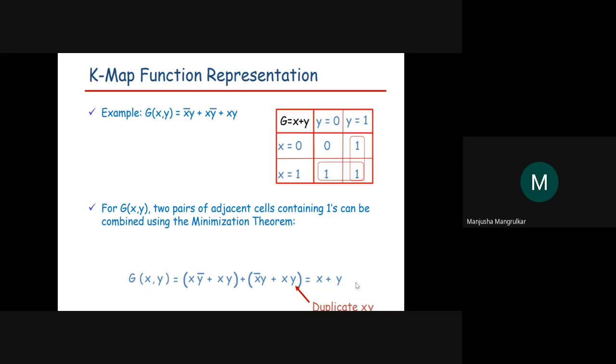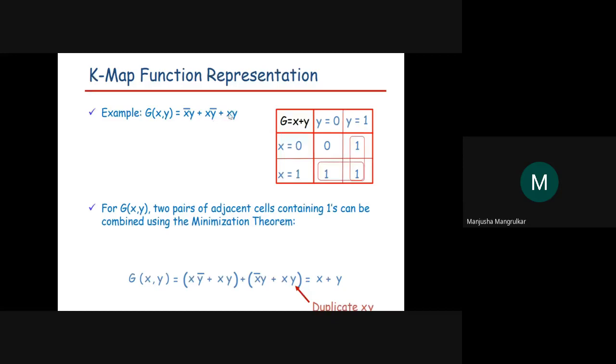So the solution for this is x plus y. If I'm designing the logic gate for this equation, suppose I have one AND gate, two AND gate, three AND gate, and one OR gate, two OR gate. For this equation, we require three AND gates and two OR gates. Instead, we can do it with only one OR gate. Means we have minimized the